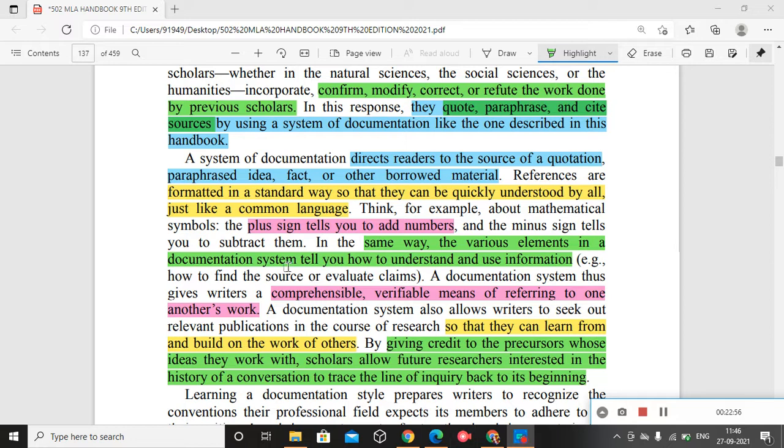Various elements in a documentation system tell you how to understand and use information. In the beginning, if you get the name, you have to understand that it's the name of the writer. In the reversed order, if you want to get the proper name of the person out of the context of the works cited, you have to reverse it again.